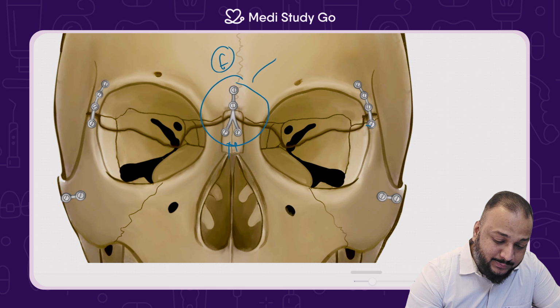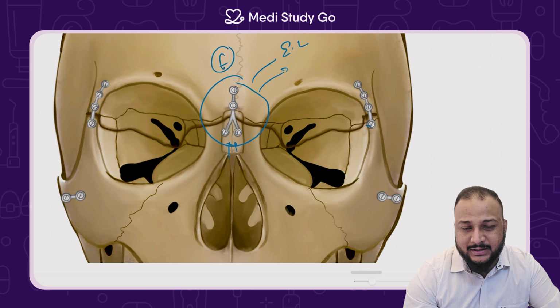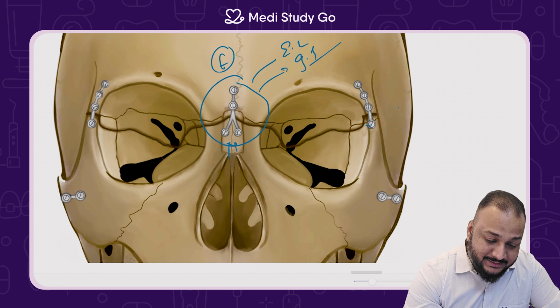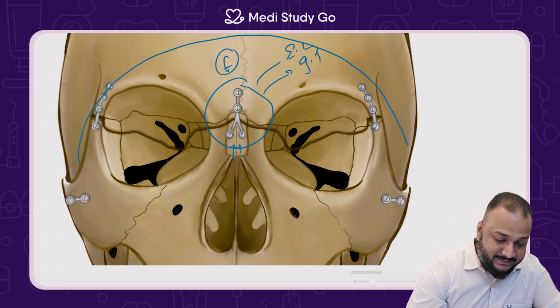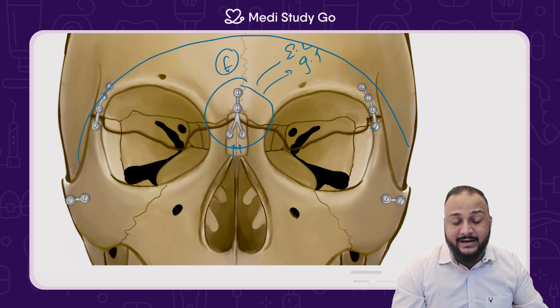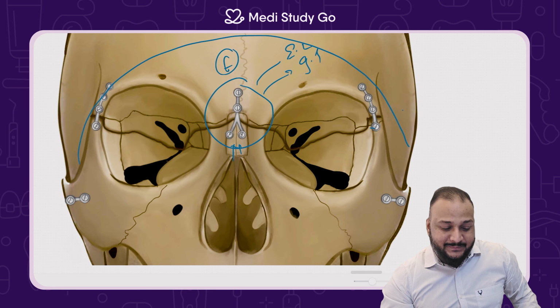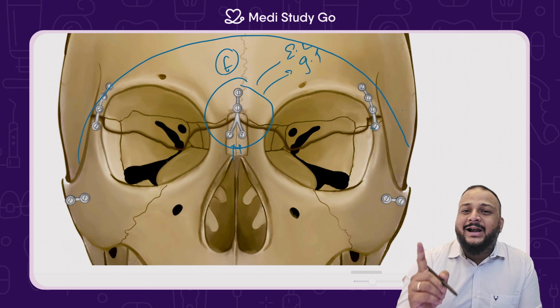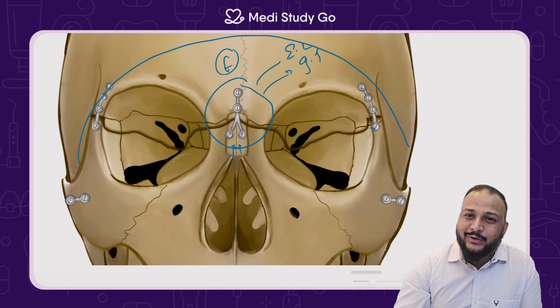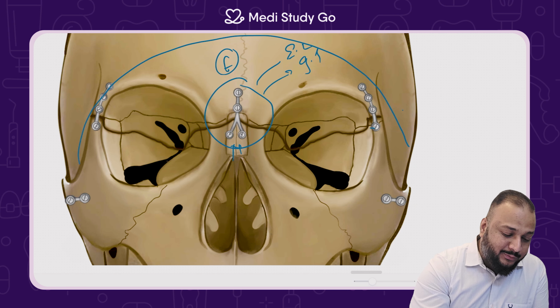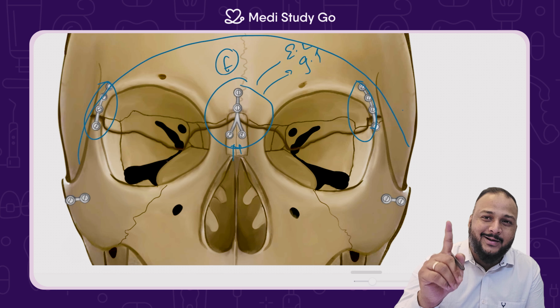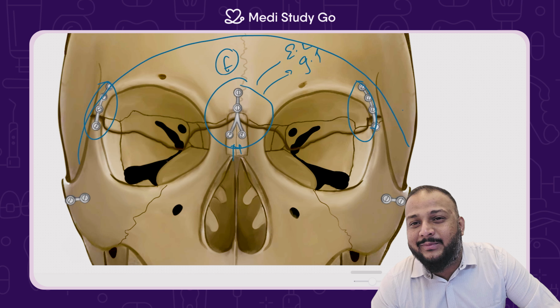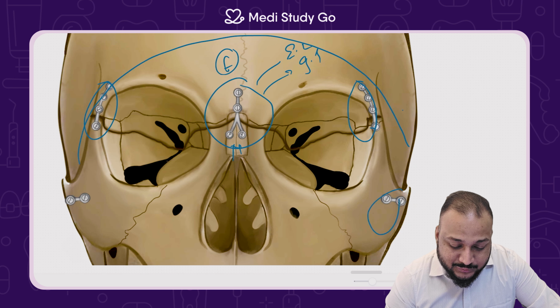This can be exposed through an existing laceration. This can be exposed through a glabellar incision. This can be exposed completely through a coronal incision, which exposes the entire area. Now you have to understand one thing. There might be a situation in a Lefort 3 fracture that you might have to place a plate on the frontozygomatic area. That is compulsory, but a second permutation combination might come where you have to expose the body